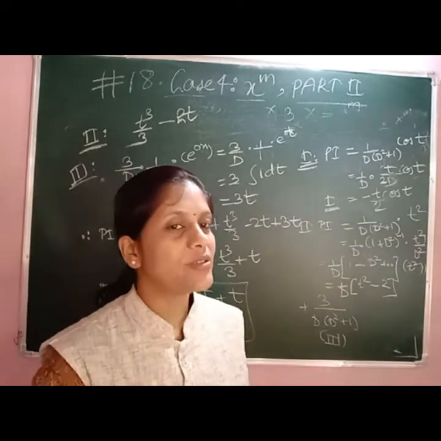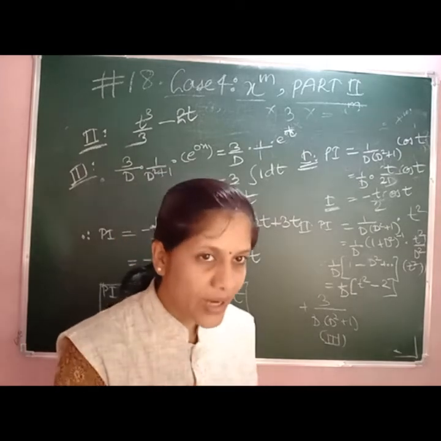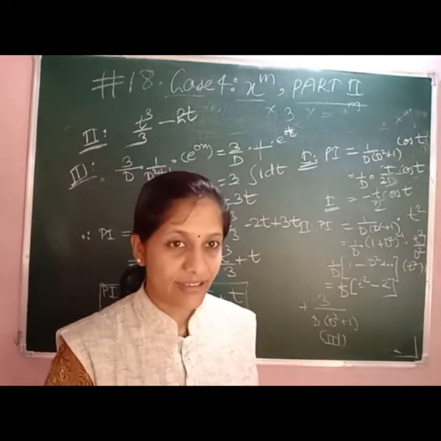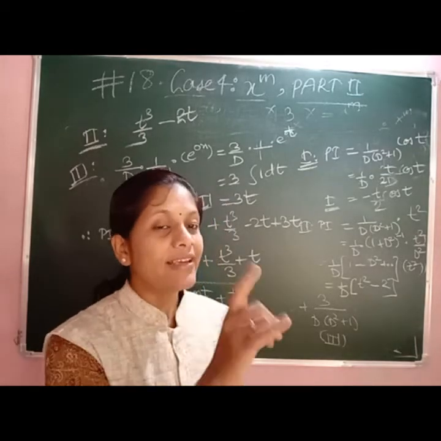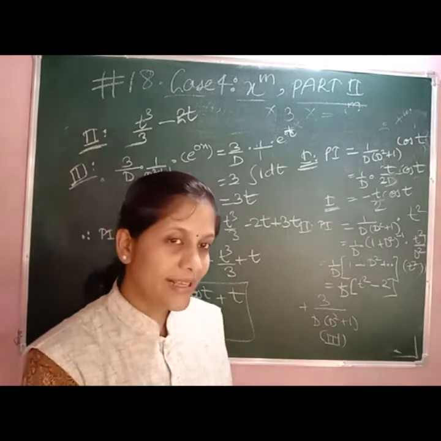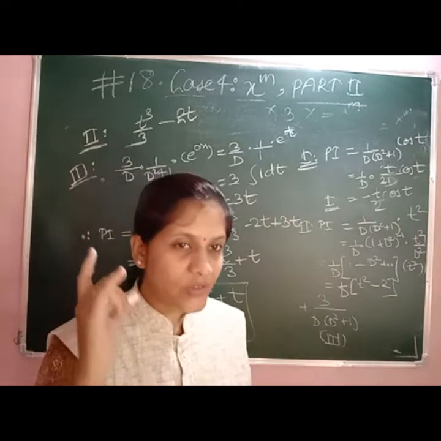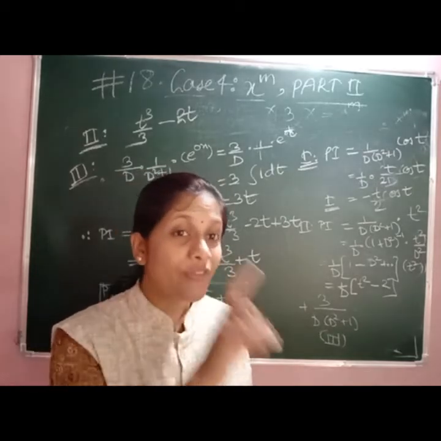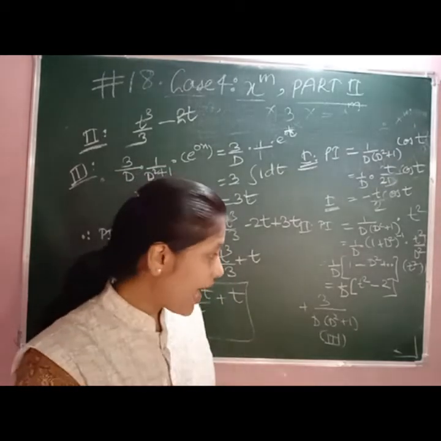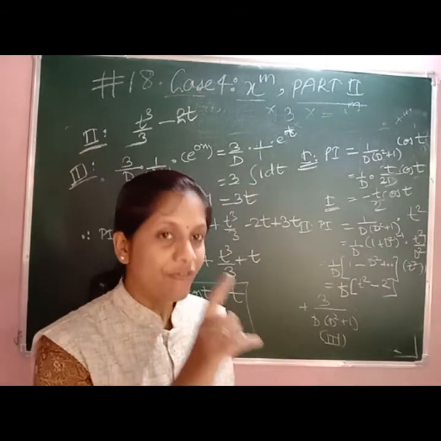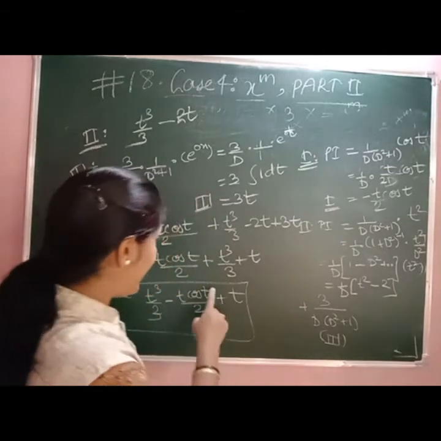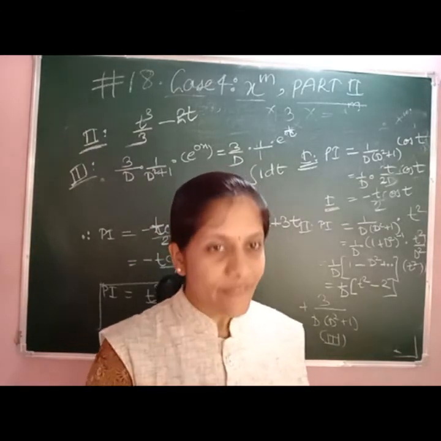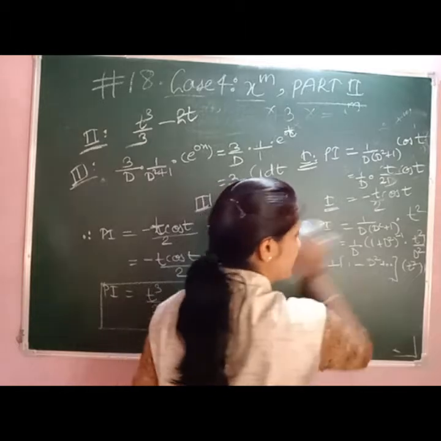Now the complete solution is y equal to CF plus PI. Again we have to write CF plus PI, right? So this is the same as the earlier one. What is the difference? Here they have given a combination, that is cos x form, x raised to m form, e raised to x form, right? And further, they have given it in the form of y as a function of t. So we have to write our answer as y as a function of t itself, right? So this is the change in this example. Now let us solve one more last example so that the concept will be clearer.